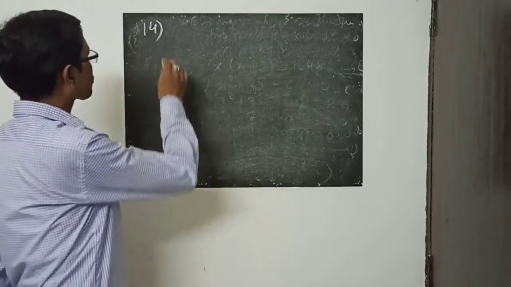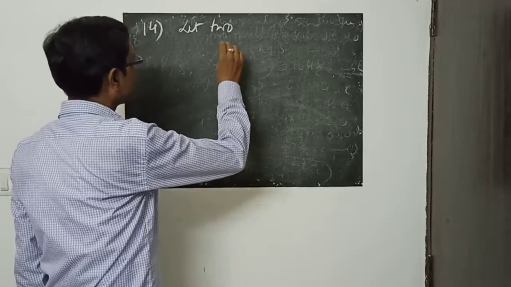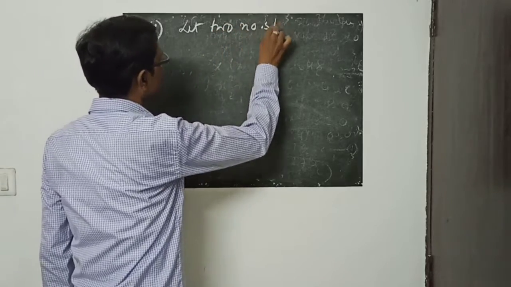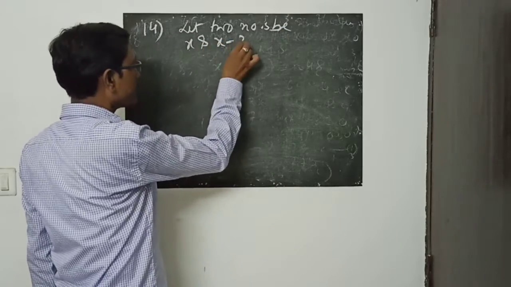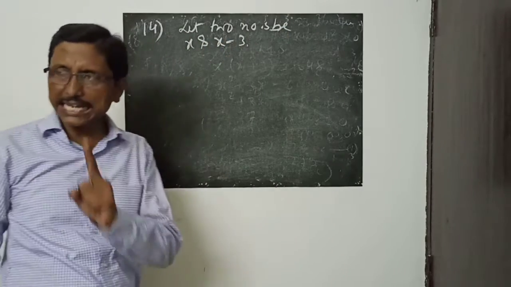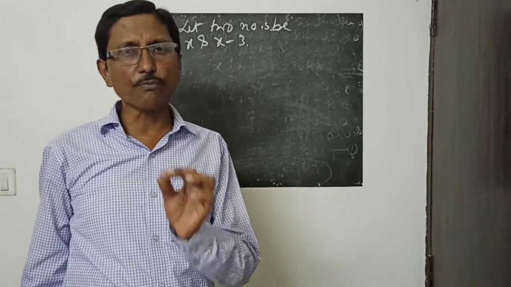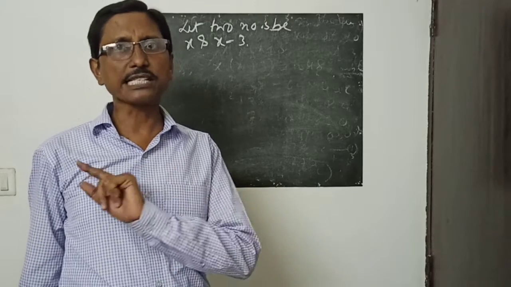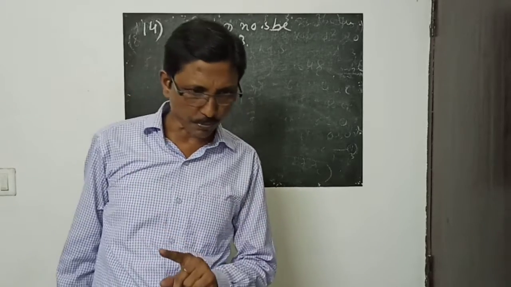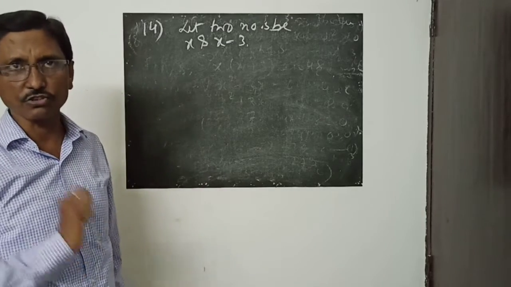So let's suppose that. Let the two numbers be natural numbers, x and x minus 3. Then the second part is what? Difference of their reciprocals. That is very important. If it is a sum, it does not matter which one we write first. But if you have a difference, it is very important which one we write first.